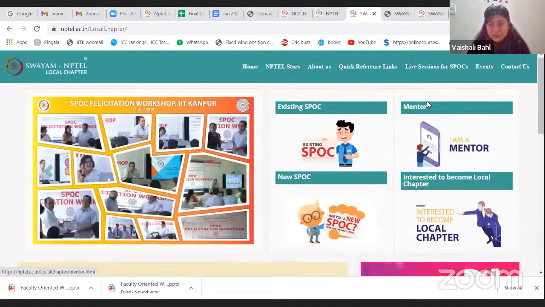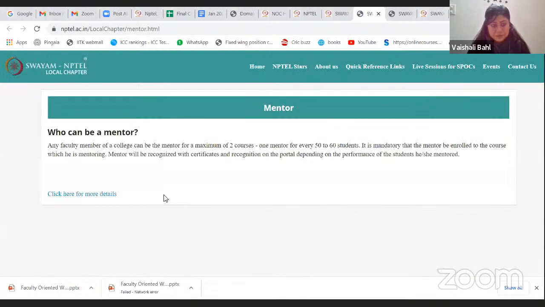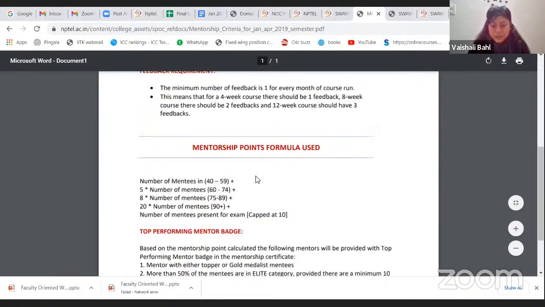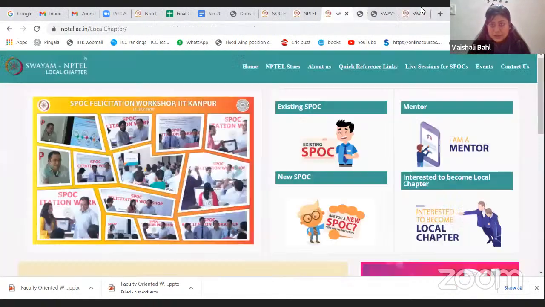For the mentors, if you are a mentor, anybody can be a mentor. Any faculty member of a college can be a mentor, and the whole document is present for your help. All right,